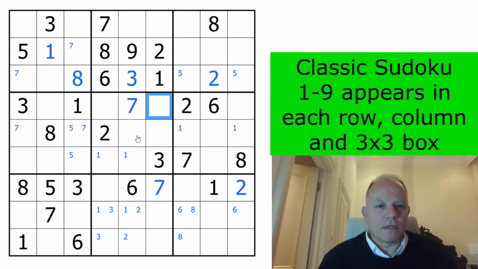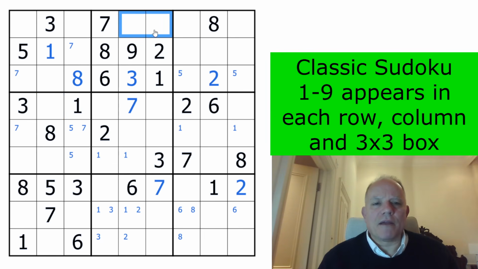Oops, sorry, didn't know where I was highlighting there. 2, 3, 6, 7, 8, 5. Just trying to find something else we can do here. As I say, I haven't solved the puzzle from the beginning at all. 3, 1, 8, 5, 7, 2, 6. This is 4 or 9. We may well get to a point where we are pencil marking this grid with candidates as well as just what we've been doing so far, which is marking it with